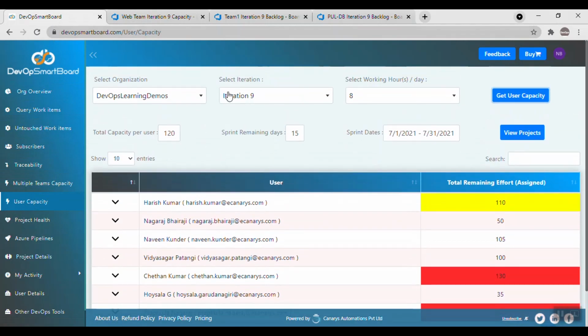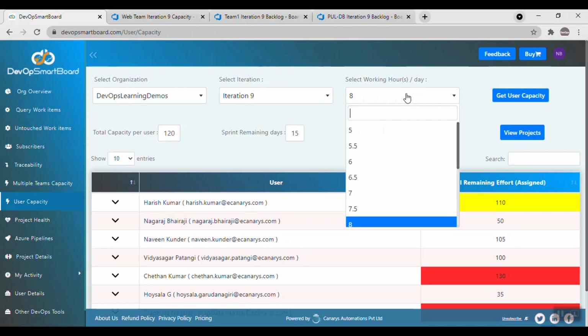After selecting iteration 9, I can define the working hours, like all my team members work 8 hours per day or 9 hours per day or 8.5 hours per day, so I can define that.